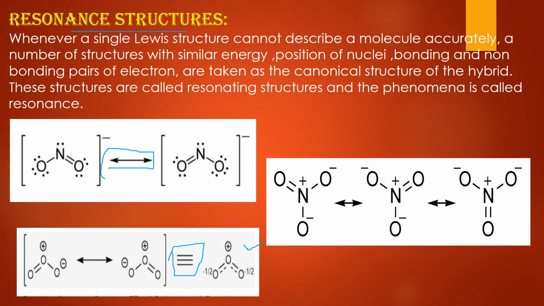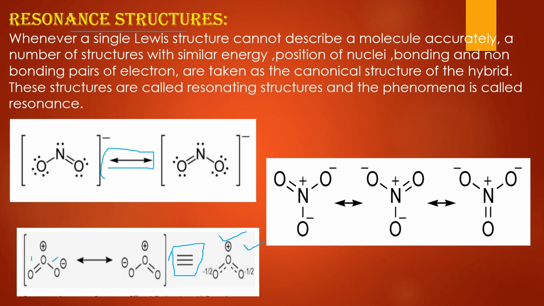Now, taking the example of ozone, in ozone there is a double bond between these two oxygens, and in the next structure there is a double bond between these two. In ozone all the bonds are equal; whenever the bonds are measured, this is not equal to a double bond and this is not equal to a single bond, but somehow these two are in between double and single bond and they are equal, so we can explain it only with the help of resonance. This is the resonance hybrid, which means these two bonds have double bond character in them. They are not totally double bonds, but these electrons are actually delocalized between these two bonds.